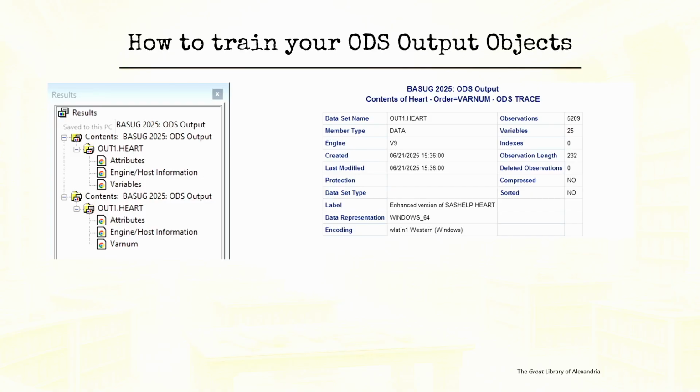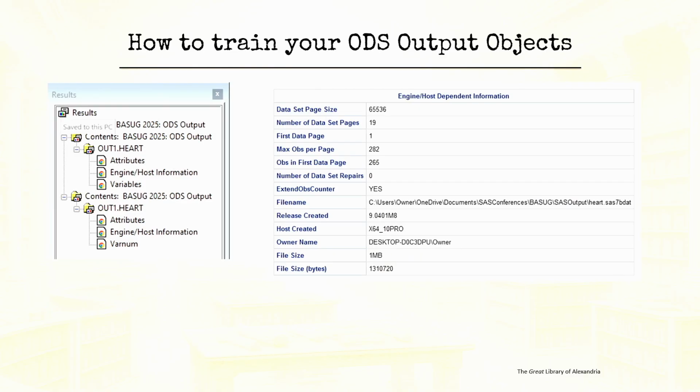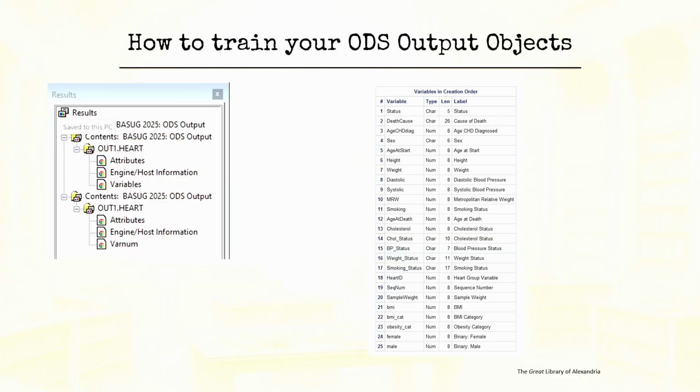And here again, we see the three files, and the last one is going to be varnum. So that just gives you an idea that things can change just based on options.